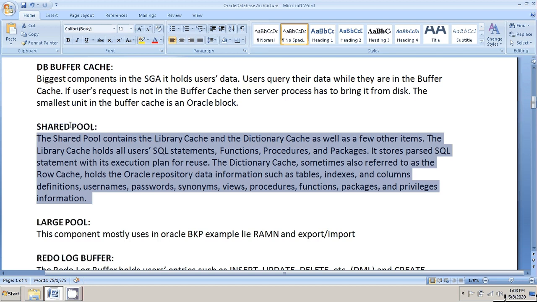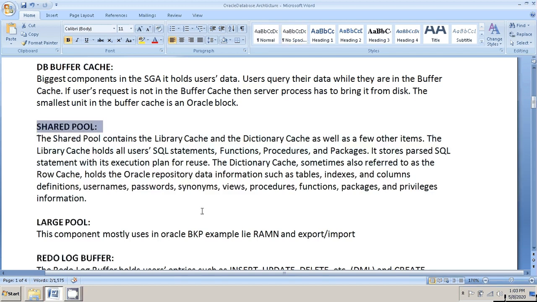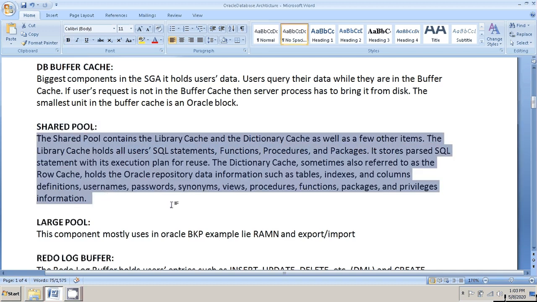The shared pool has two biggest components: the library cache has the user statements, and the dictionary cache has the validations of the SQL statements.